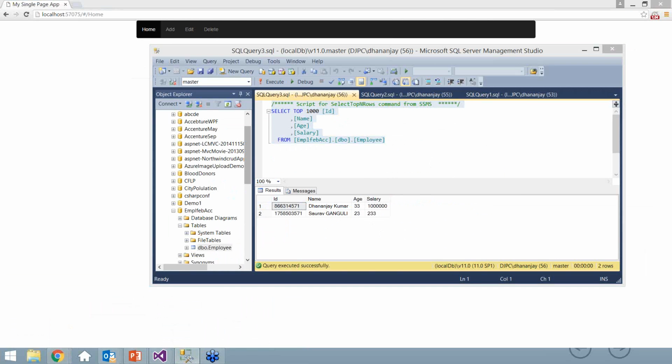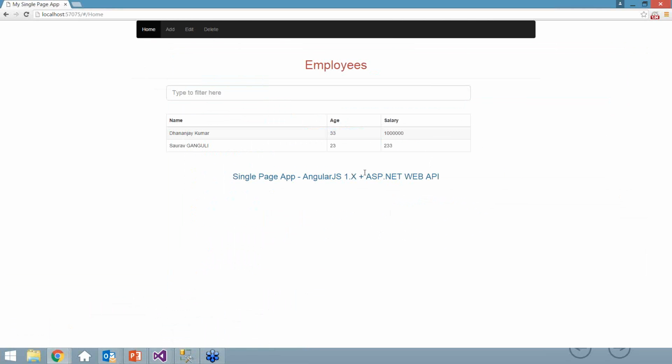So this is the application we are going to make. We performed the CRUD operation completely on a database, and all these operations are happening from an AngularJS application, and this is a complete single page application. We are going to build this. To start with,